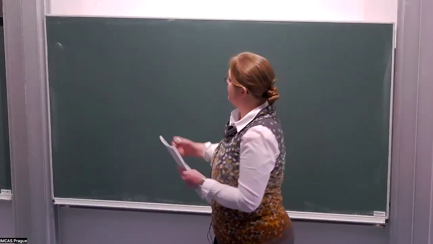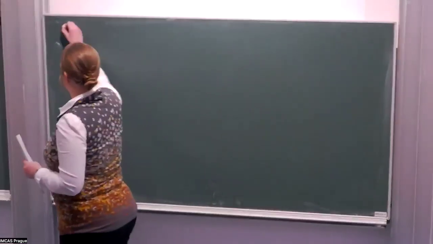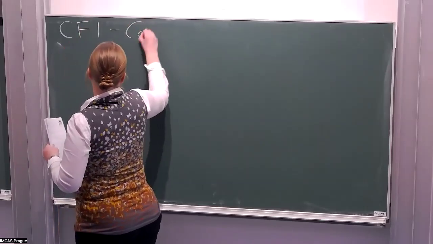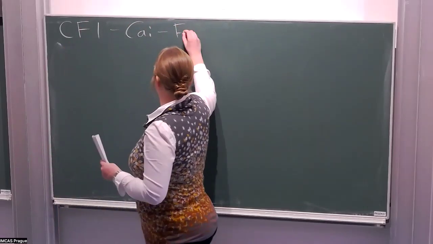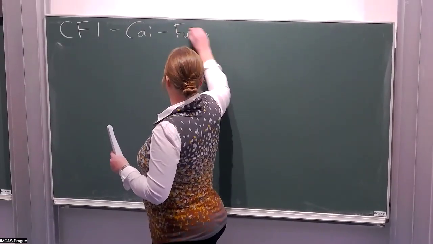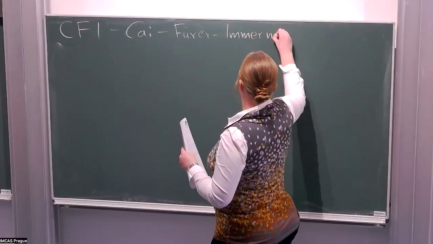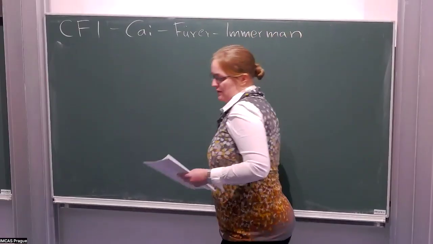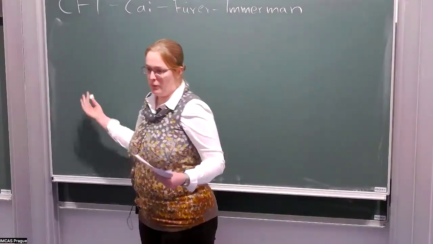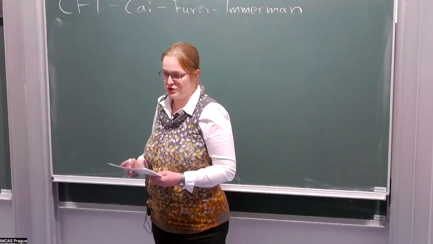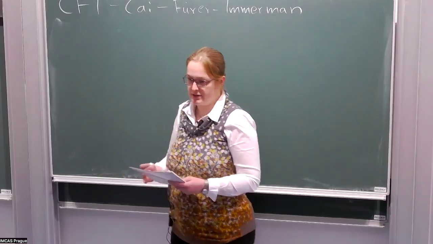Okay, so first of all, CFI, what does that mean? That's just three names. CFI is Cai, Fürer, Immerman. They have one paper which gives this construction for graphs that cannot be distinguished by the